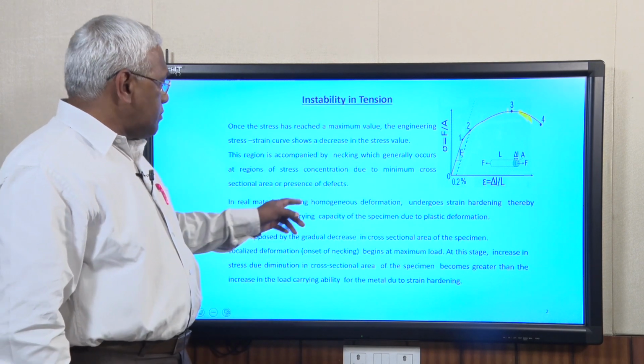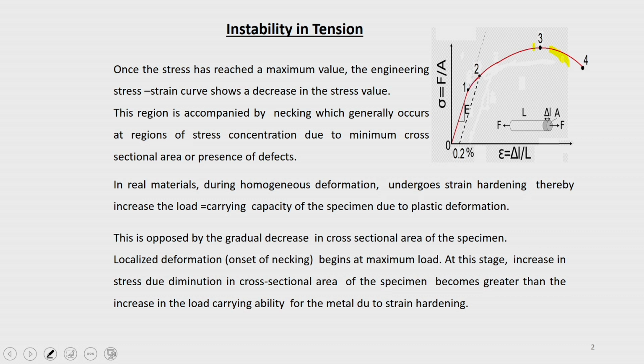So, in real materials during the homogeneous deformation, it undergoes strain hardening, thereby increasing the load carrying capacity of the specimen due to plastic deformation. But this is opposed by the gradual decrease in cross sectional area of the specimen. After it reaches this point 3, the ultimate tensile strength or the maximum load condition, a localized deformation takes place, that is the onset of necking takes place at this maximum load, and with further deformation the load decreases continuously till the fracture point is reached, that is corresponding to point number